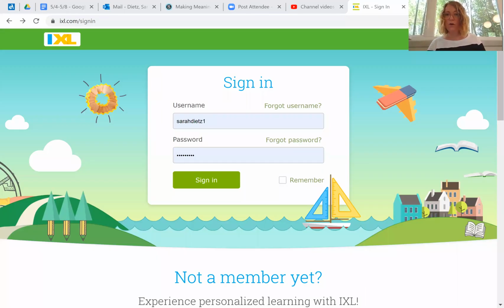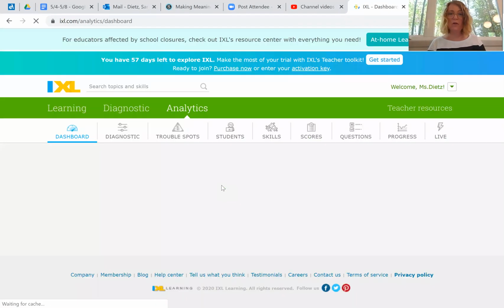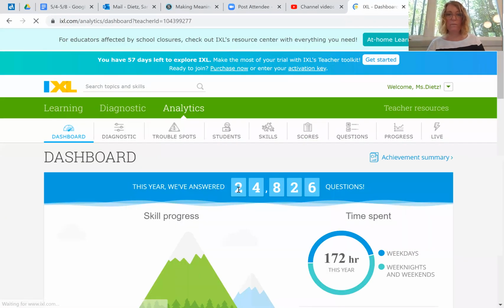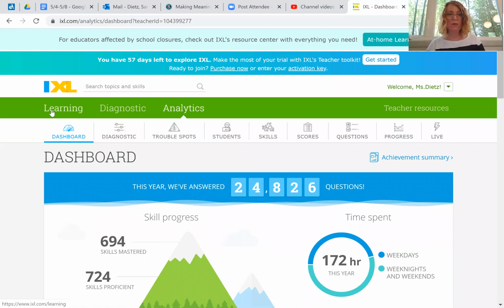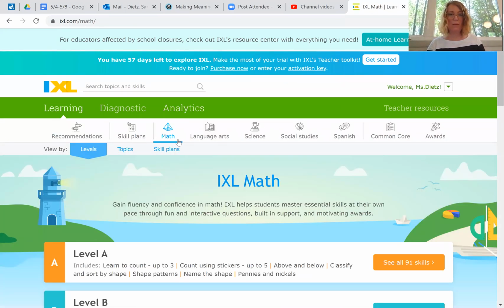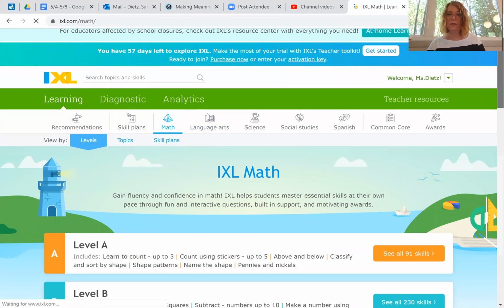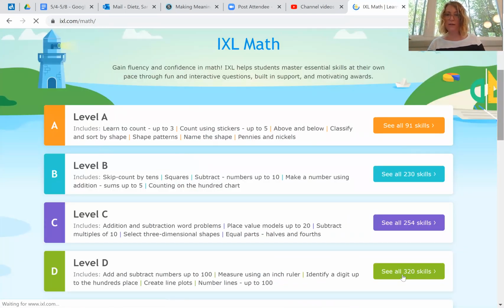Before we go, I want to show you something on IXL. So I'm going to share my screen with you. Because on IXL, remember you're doing 30 minutes of IXL every day. When you go to IXL and you sign in, I want you to make sure that you do a certain section in math this week. So click learning and I'm going to math, scroll down to level D,